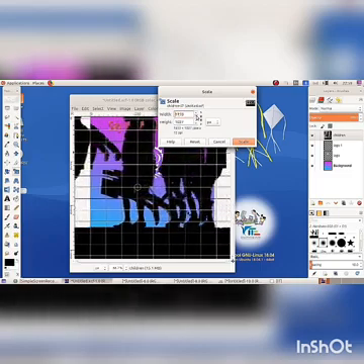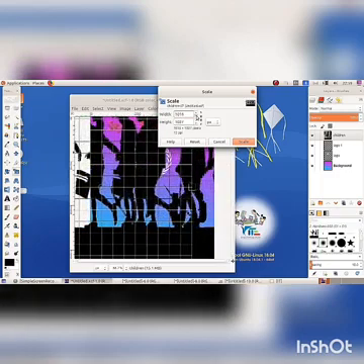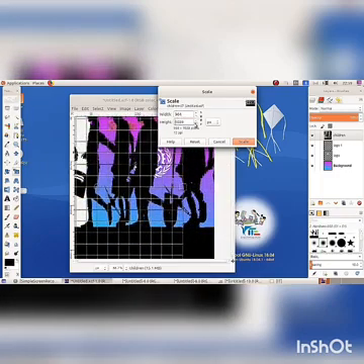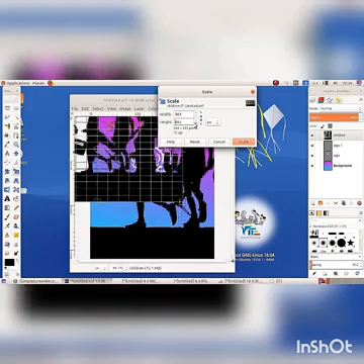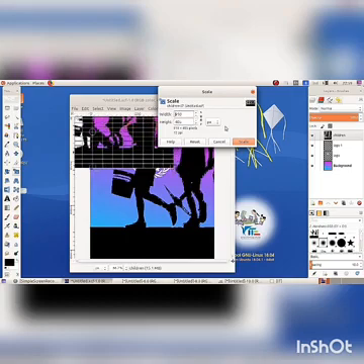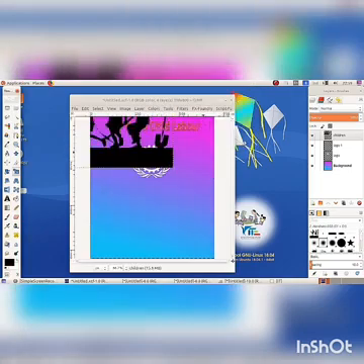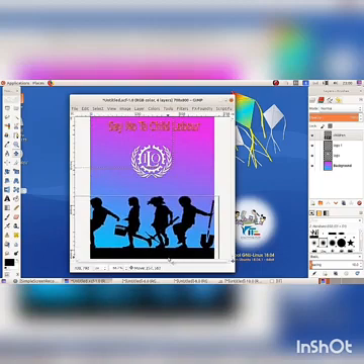Reduce its width and height using the Width and Height box. Then click on the Scale button. Then move the image to the appropriate position using the Move tool.